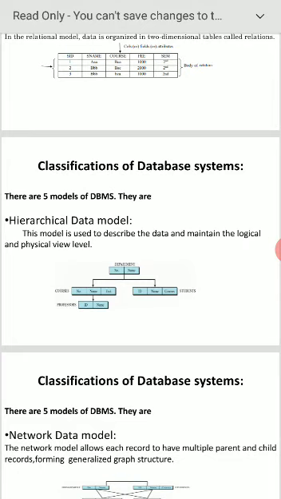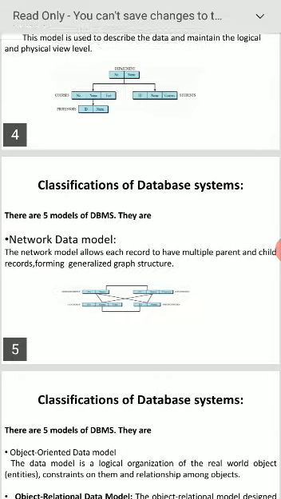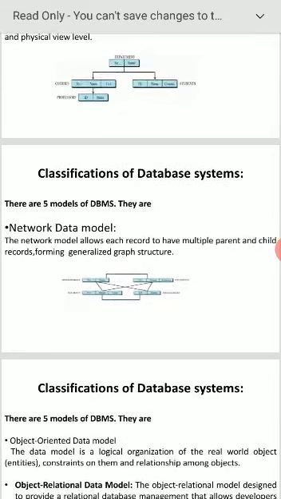Advantages. First one, in this model, the DBMS provides a lot of security. You know that security is very important. Second one, it is simple to design but complex to implement. Next, this model suffers from insert, delete and some other update problems and so on. This is about the hierarchical model. Next one, the network model.